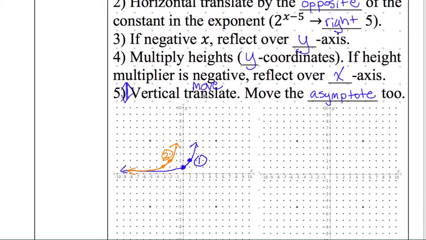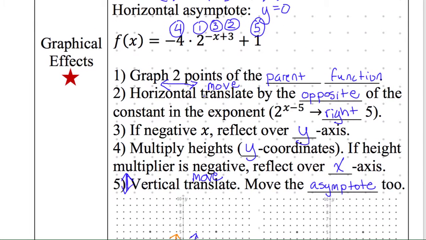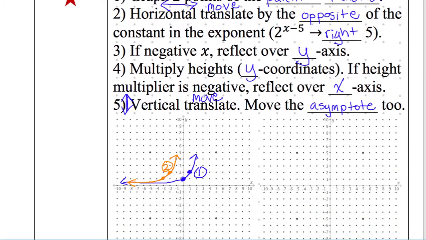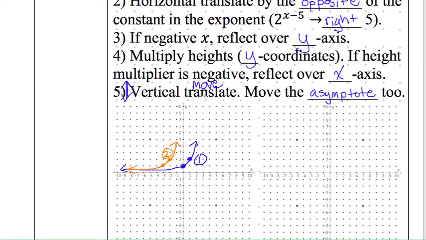We just did step 2. Now I'm on to step 3. Do we have a negative x? Yes. Then I'm going to have to reflect over the y-axis. This is going to be the last thing that I do on this graph. So this point was at -2, 2, but I'm going to reflect over the y-axis. So I'm now going to have it